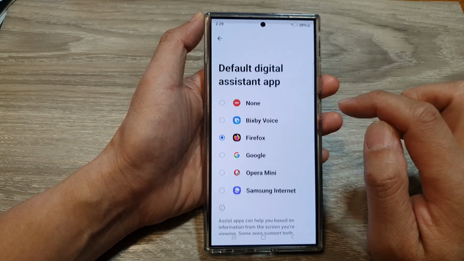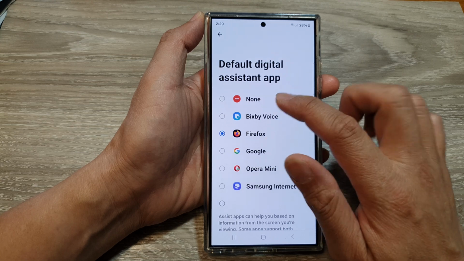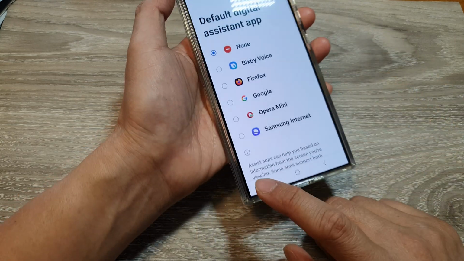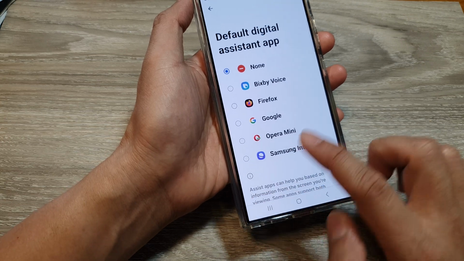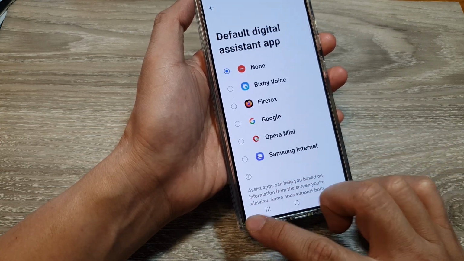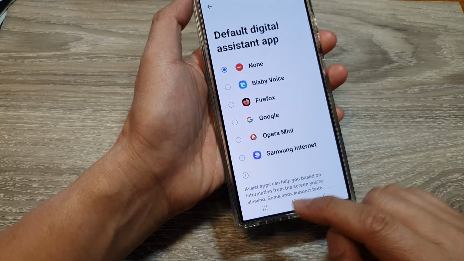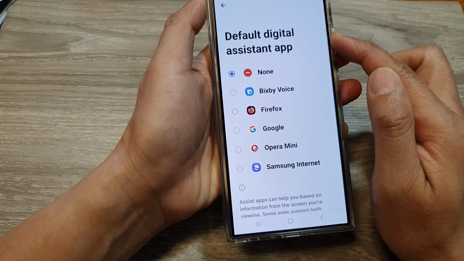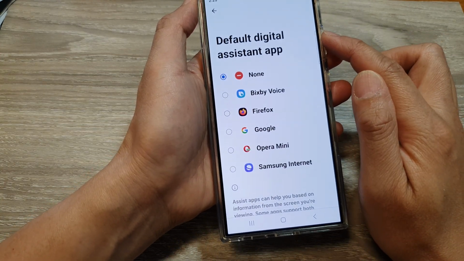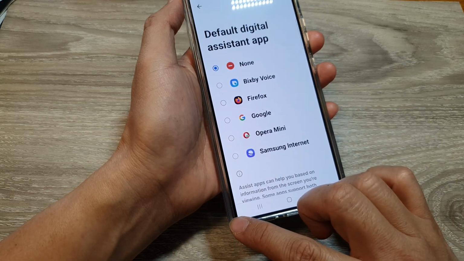Tap on the top here, and from here you can choose none. If you select none, then all the shortcuts on the left and on the right are turned off. You can see if I swipe in on the corner, nothing will happen. So typically, to open or to request the digital assistant app shortcuts, you need to swipe in at the corner